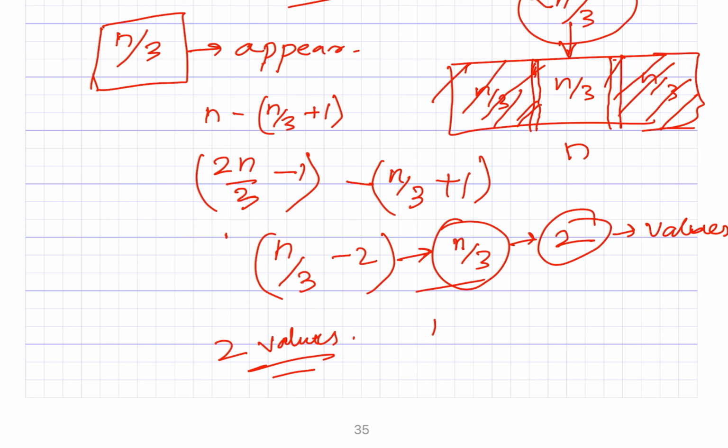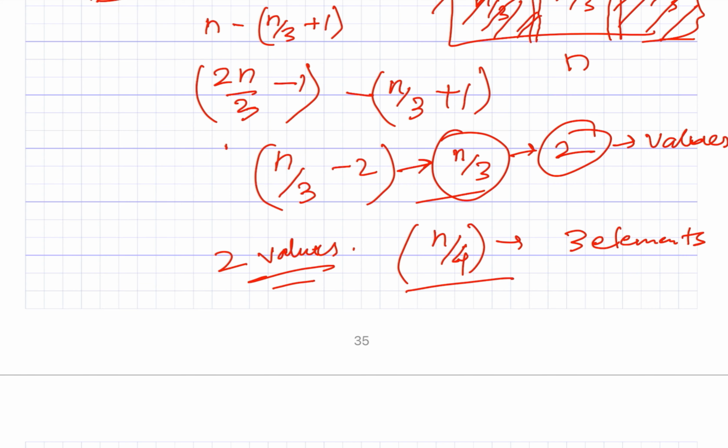And we can also have similar questions like find all the elements with more than n/4 frequency. So if we have more than n/4 frequency, then how many elements will there be? 3 elements simply. And let's say if the question is for n/2,